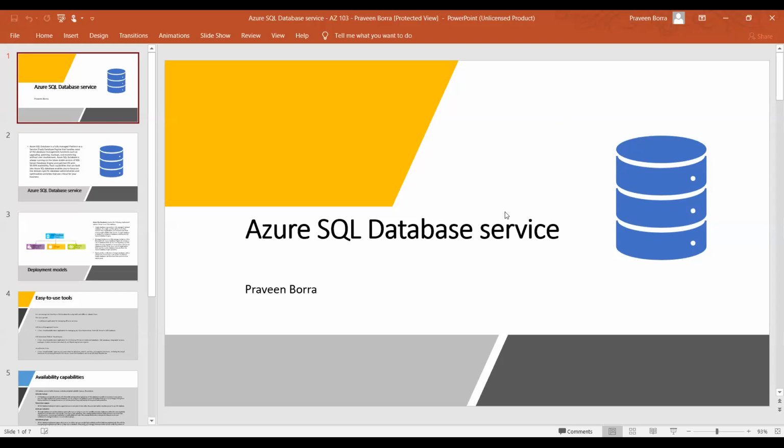Today's session is about Azure SQL Database service. I will show you today how to create a SQL server and how to create databases using the portal, and how to access SQL server using different tools. So let's go to